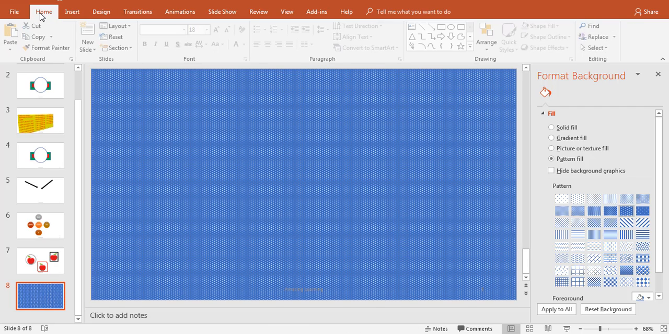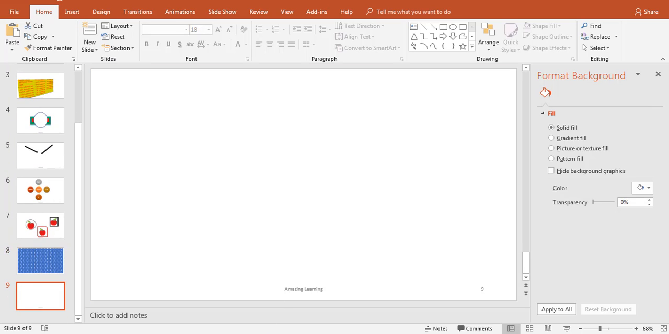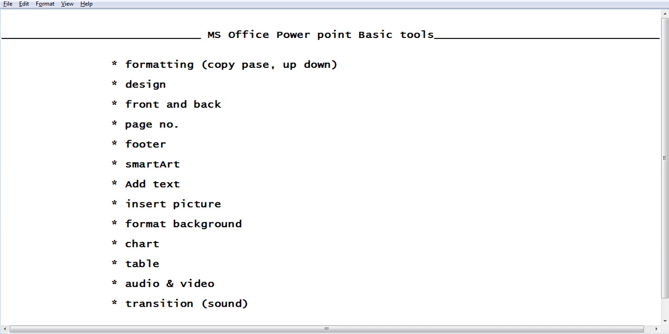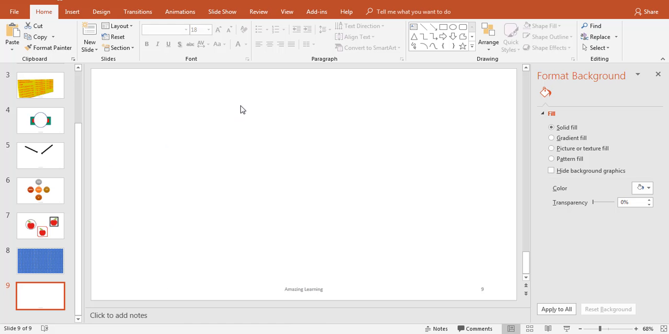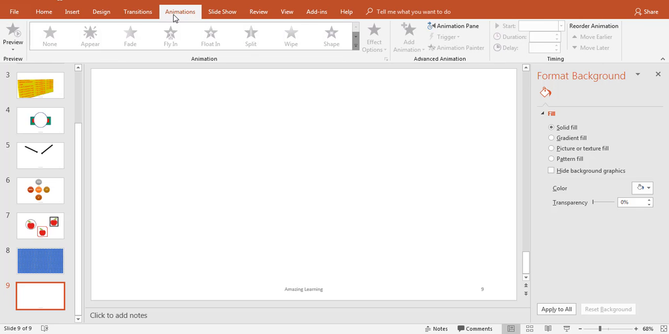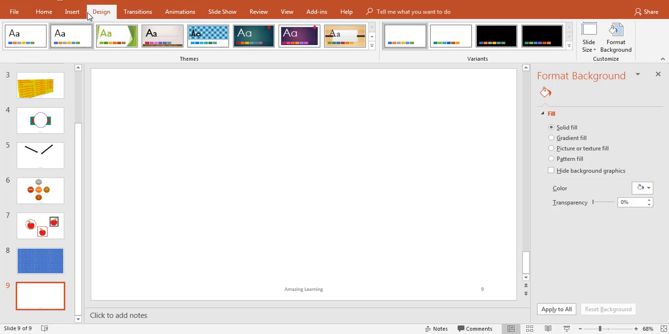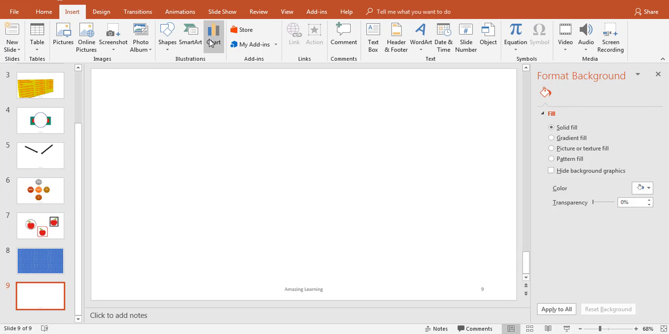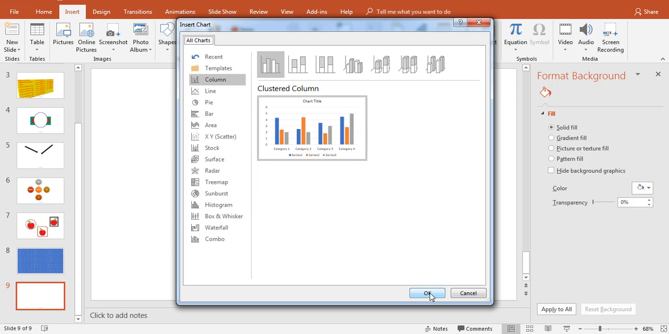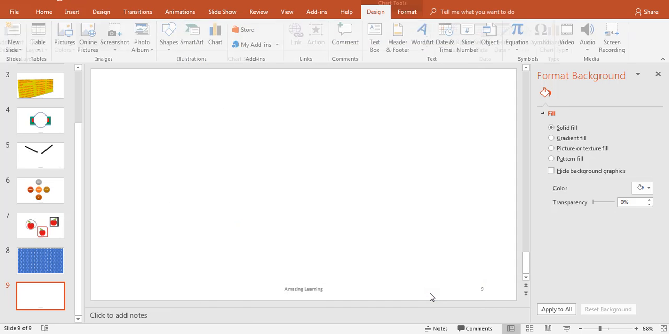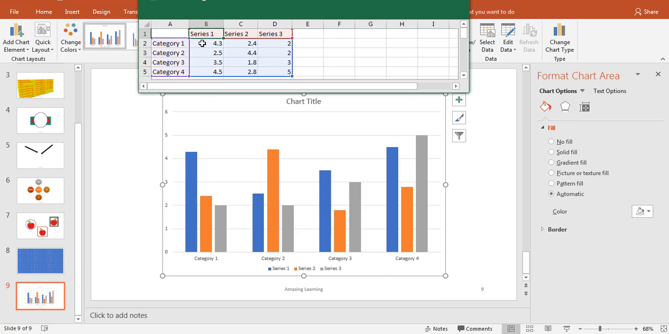Now we have to move to the next thing, which is chart, which is really important, right? So for example you have some data in the Excel file and you want to show in the slide, so how it would be possible, right? So at that time you can get the help of chart. So here is the chart. So for example I have this chart and I will click on OK, and you can find out that this is,